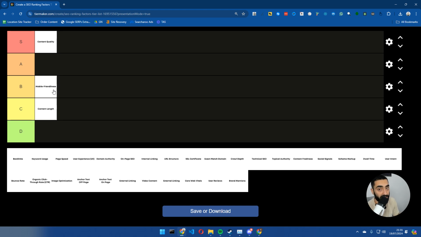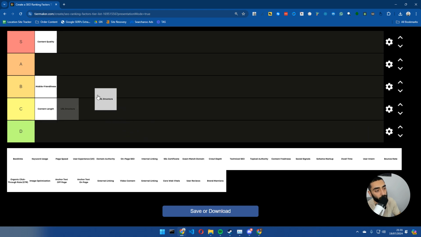The reason is that if you're already ranking position number 5 in the search results page, Google probably trusts your website. You might just need a lot more articles, or a little bit more link building, or potentially some more internal links. So just bear that in mind when you are trying to optimize for mobile friendliness, because there's a lot of people that try to optimize their website to 100 out of 100, but if you take a look at your competitors, 9 times out of 10, they probably don't have a 100% page speed score.